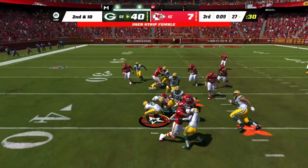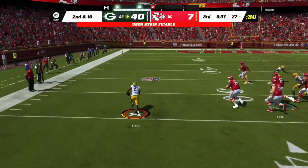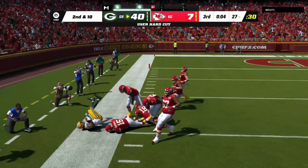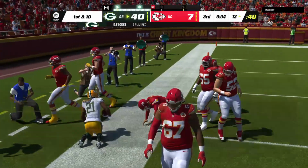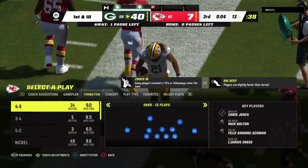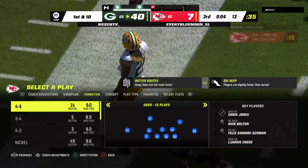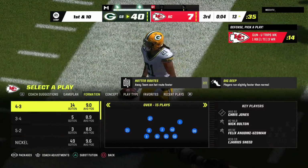Now the ball comes loose, and the Packers pick it up. But he has been a workhorse for them in this game, and ball security hasn't been an issue until that point. Yeah, and let's face it, when he's going to carry the ball that many times, he becomes